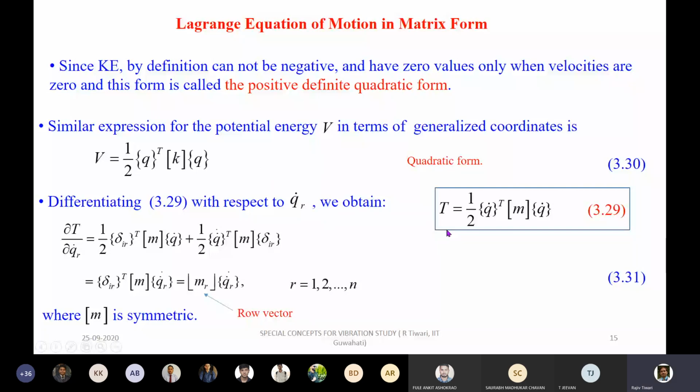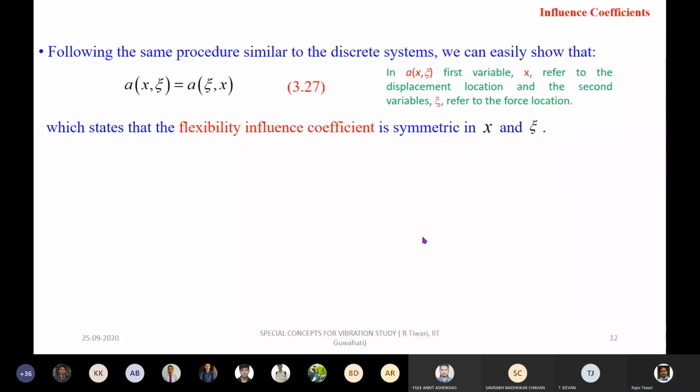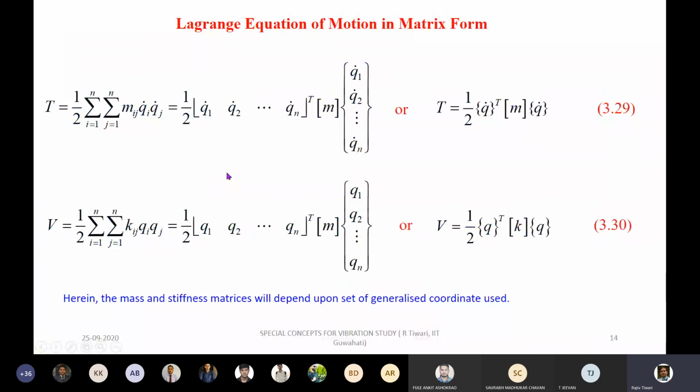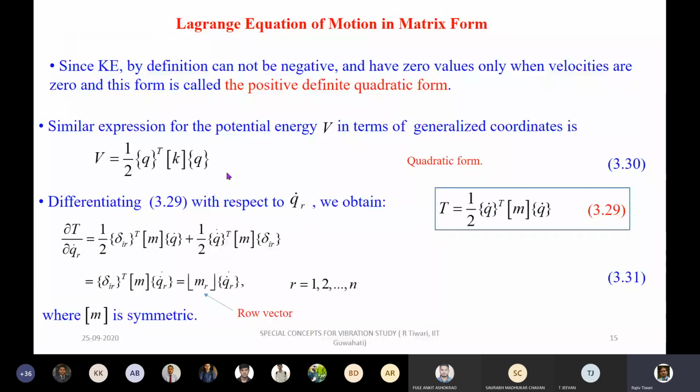So basically, now I'll substitute these in the kinetic energy and potential energy, and then I will take the differentiation in the matrix form. I think I'll stop here. Maybe I'll take up that tomorrow because this has some concepts, so it will take some time. Within 5 minutes I will not be able to cover this.